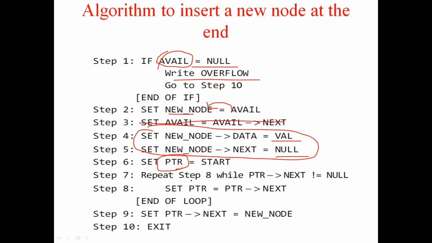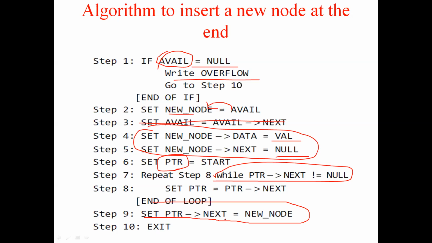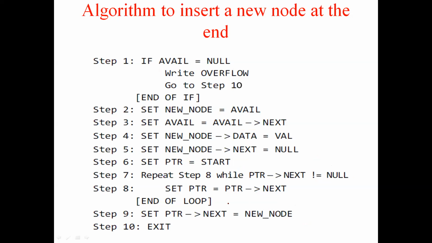So starting, then using the while loop. See, the while loop, same thing. I told not equal to null, and here it is pointer not equal to null. I told temp of next; here it is pointer of next. That's all. I hope you are clear. Next, we'll move to the intermediate question.